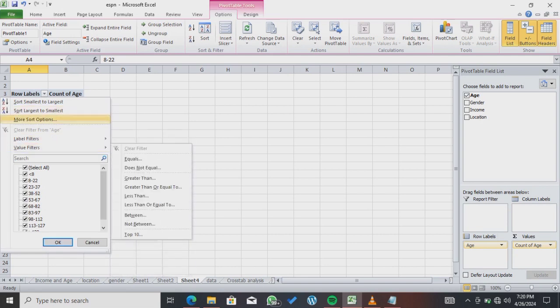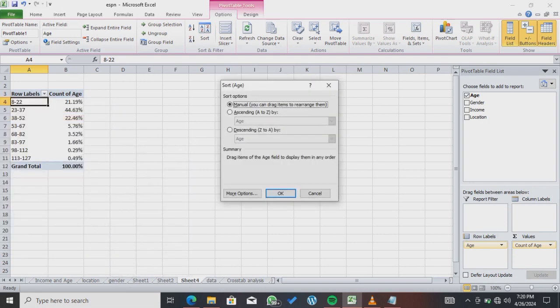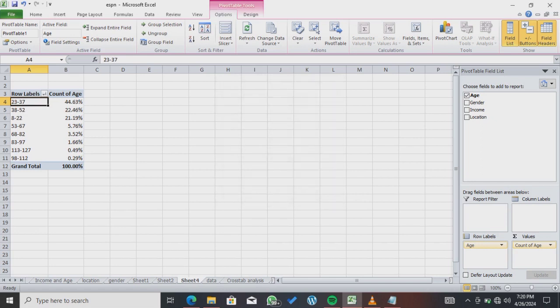So as usual, come to this row label, click on more sort options, then click on descending, click on the drop down arrow, this one here, then click on count of age, then click OK. If you observe now, it has arranged the data in a way we can easily read it. So now we can easily tell the highest percentage age range for this data